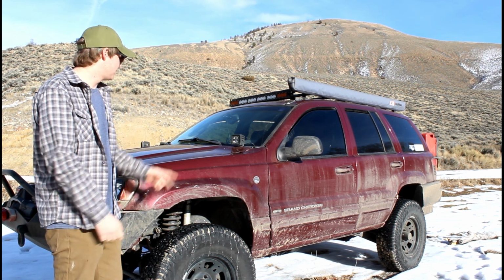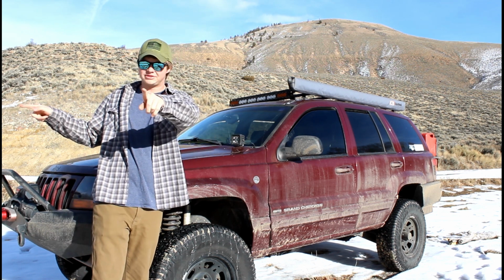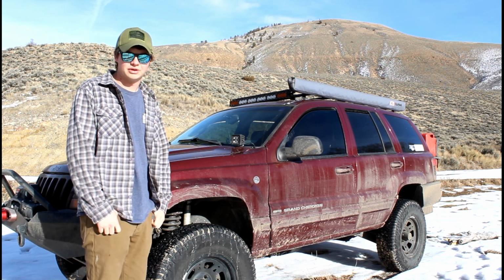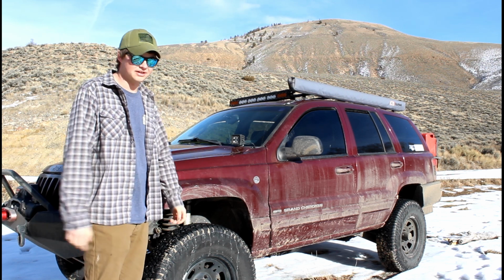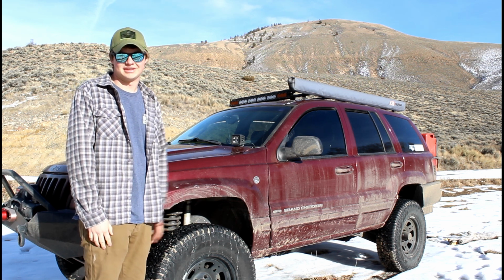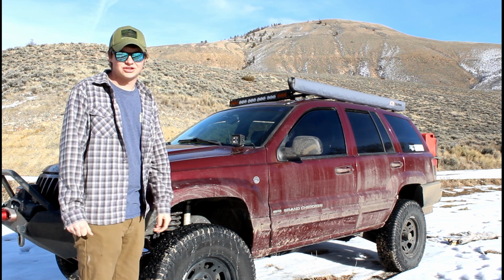I have these mounted as ditch lights, so they actually go out to the sides of the vehicle, so that if I'm driving on a country road at night or up here in the mountains where I live, I can monitor for animals on the side of the road. That's my main reason. Up top is an Extreme LED